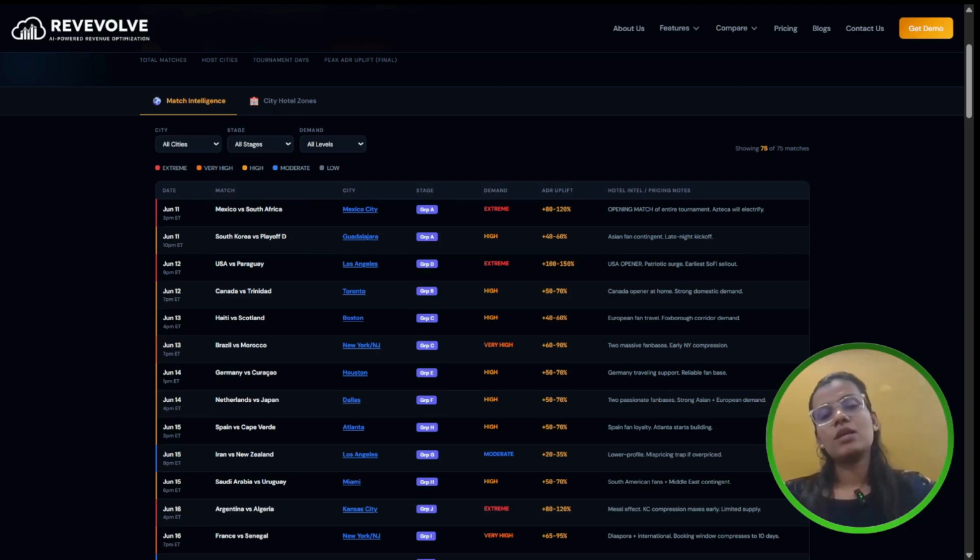The eighth factor that we're talking about is two key metrics to monitor, where you should look at ADR premium percent, occupancy rate to target 80% plus during the group stage and 90% plus during knockouts. Revenue per available room, like RevPAR, the primary profit metric. Then average length of stay, as we talked earlier, your booking pace compared to 2026 pace to historical averages by